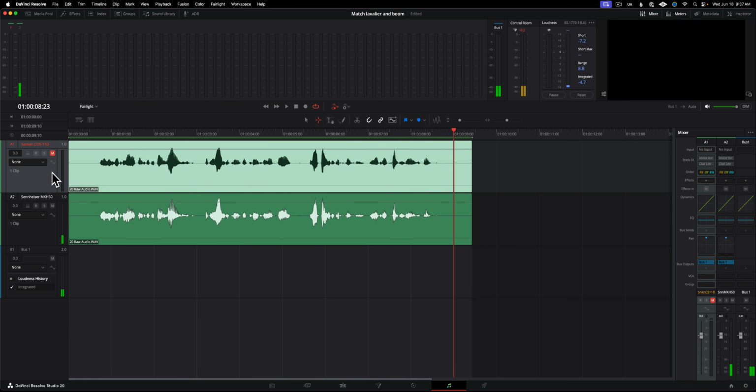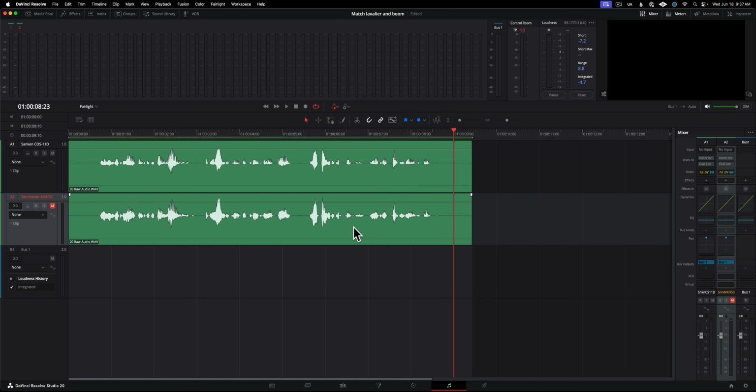Okay, definitely sounding a bit different there. So the boom microphone sounds more open to me. The lavalier microphone sounds like it's attached to somebody's body and sounds a little stuffier because it is attached to somebody's body. So to match the two of them, I'm going to come down here to the boom microphone track